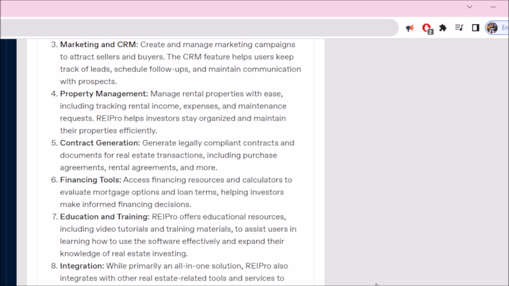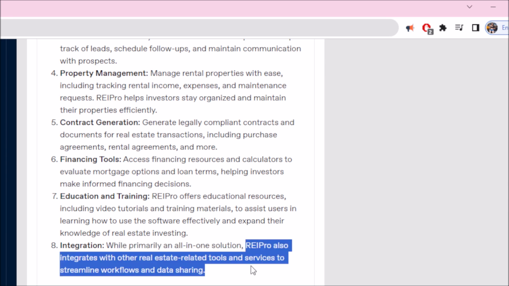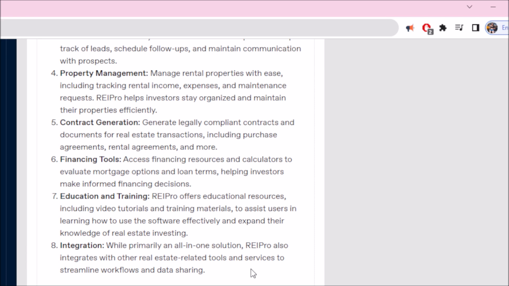6. Financing tools. Access financing resources and calculators to evaluate mortgage options and loan terms, helping investors make informed financing decisions. 7. Education and training. Reipro offers educational resources, including video tutorials and training materials, to assist users in learning how to use the software effectively and expand their knowledge of real estate investing. 8. Integration. While primarily an all-in-one solution, Reipro also integrates with other real estate-related tools and services to streamline workflows